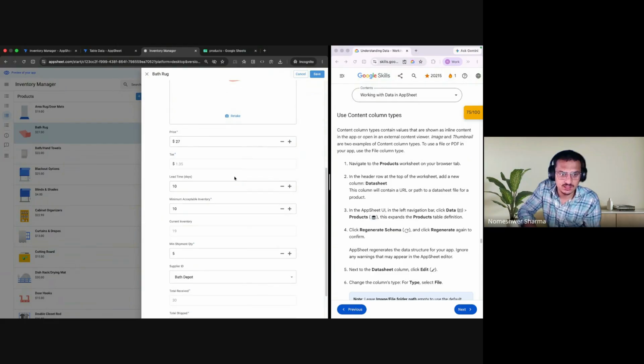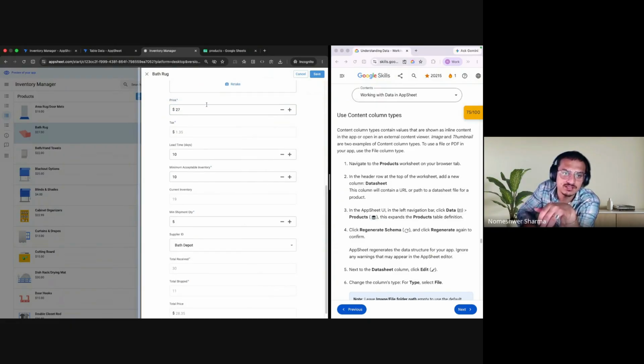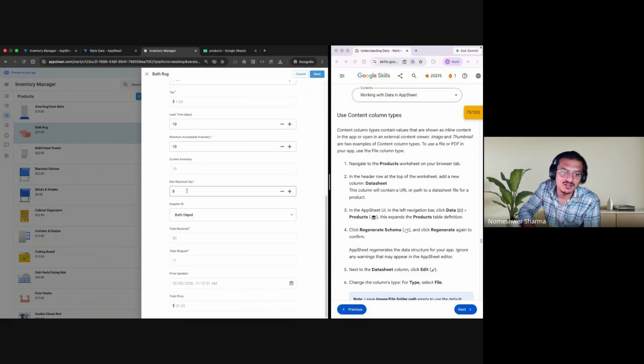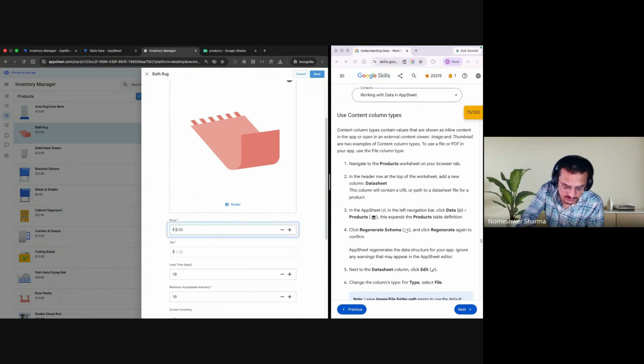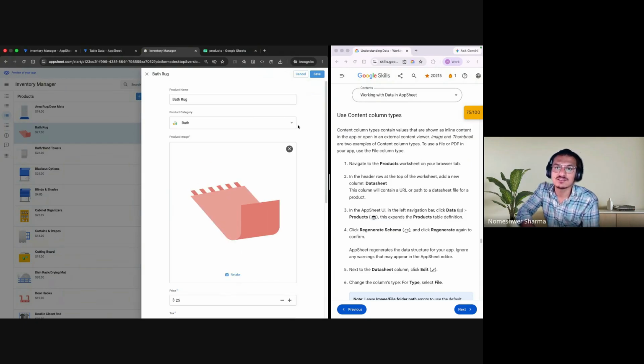Let's edit this. And I know the price should be 27, and you will see the problem with this formula. It's like calculated by spreadsheet 1.35, and now I change it from 27 to 30. Once I change it to 30, the tax is still 1.35, whereas the virtual column got updated to 31.35, and if I reduce it to 25, it won't change, right? Whereas it changed. So that's the beauty of virtual columns and AppSheet calculation engine,